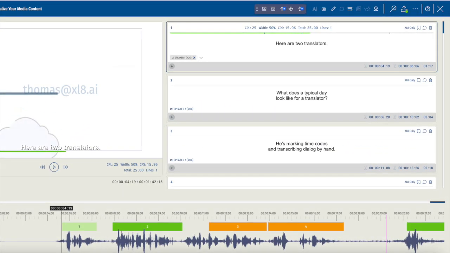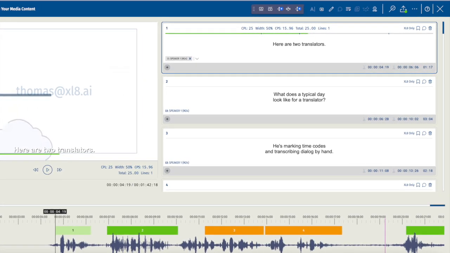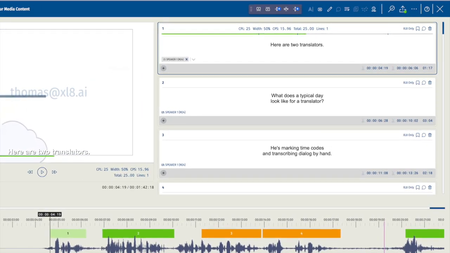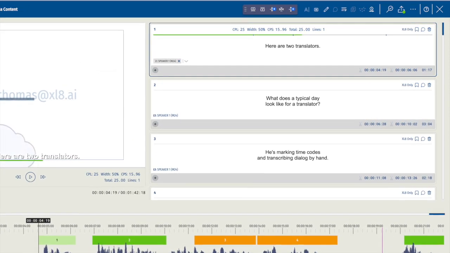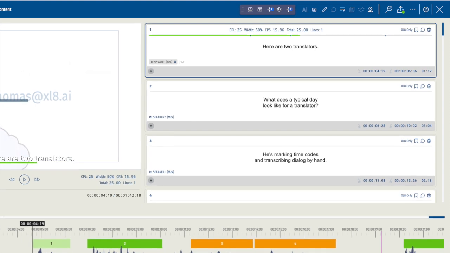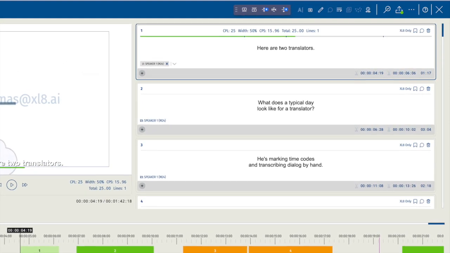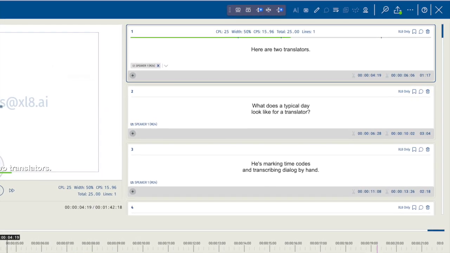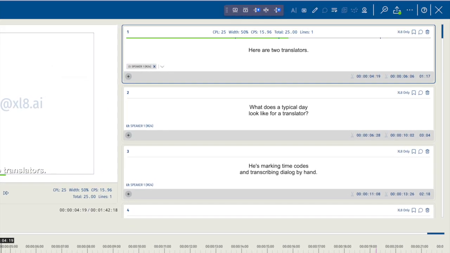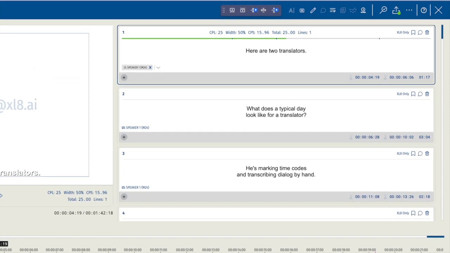Welcome to the MediaCat Editor tutorial on timecode management. In this video, we'll explore the powerful features that allow you to set and adjust timecodes for subtitle events with precision and ease. Whether you're working on a new project or refining an existing one, mastering timecode management will streamline your workflow and ensure accurate subtitle synchronization. Let's dive in and unlock the full potential of MediaCat Editor's timecode functionality.